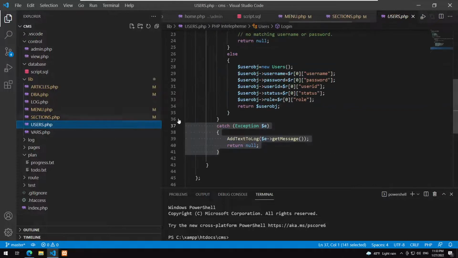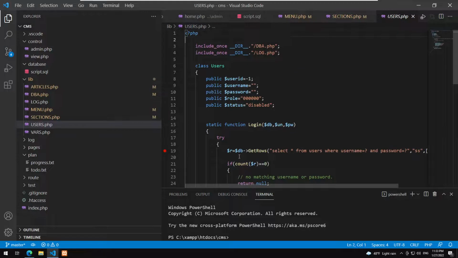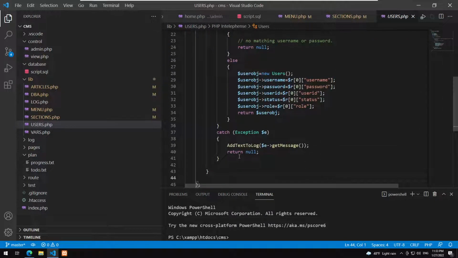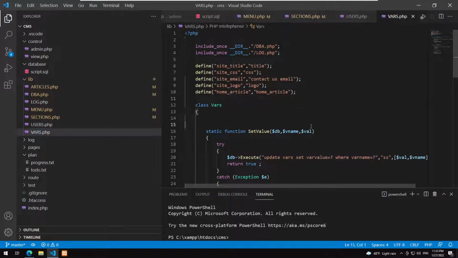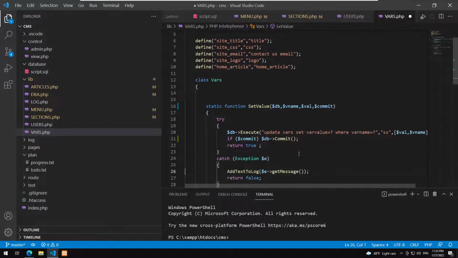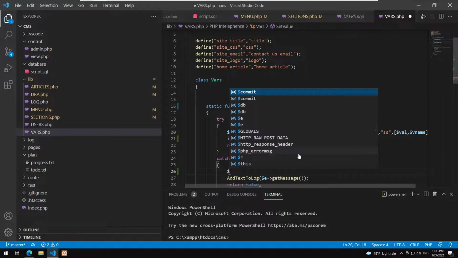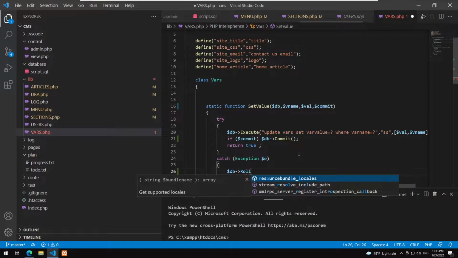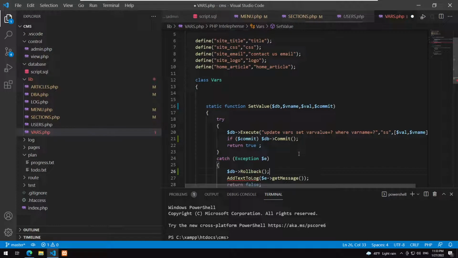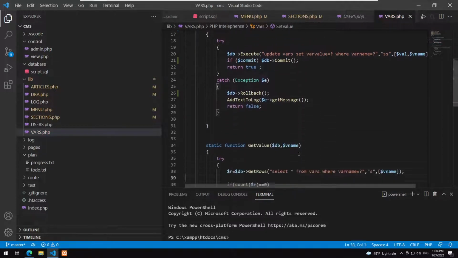Let's go for users. Okay, what do we have in users? We are loading the information, performing a login. That's it, nothing else, so it doesn't need anything. The vars, and we have set value. For this we need obviously a commit. There we go. So if there is anything here, we do a commit. If there is a problem, we just say db error rollback. Okay, I forgot something important I will do later on, but